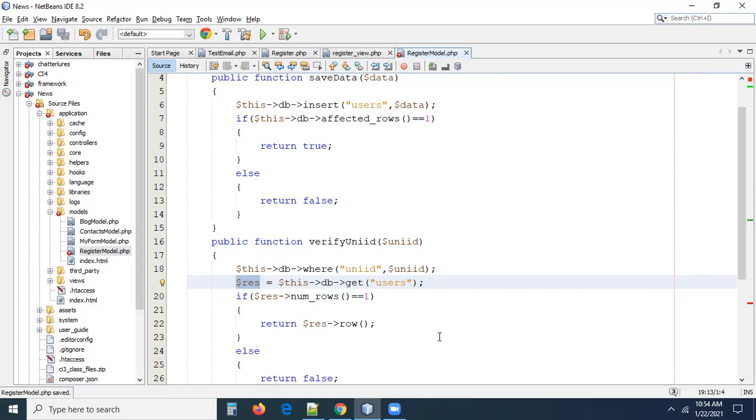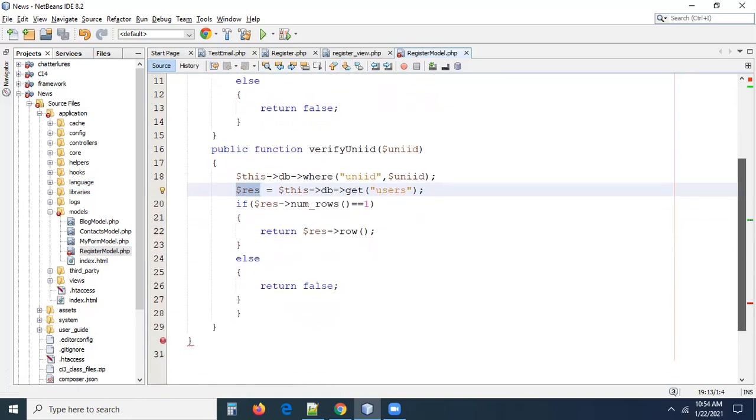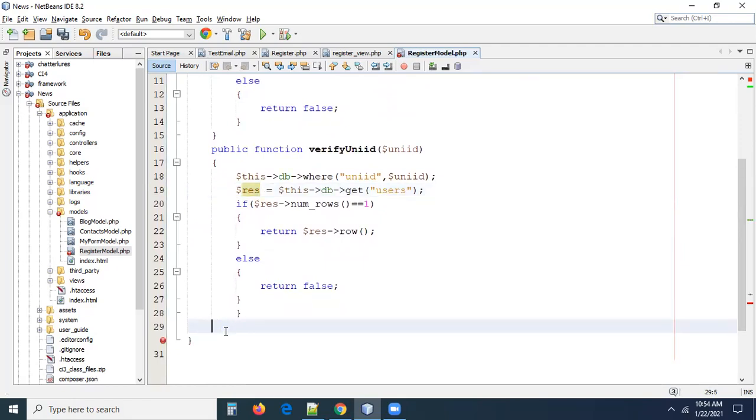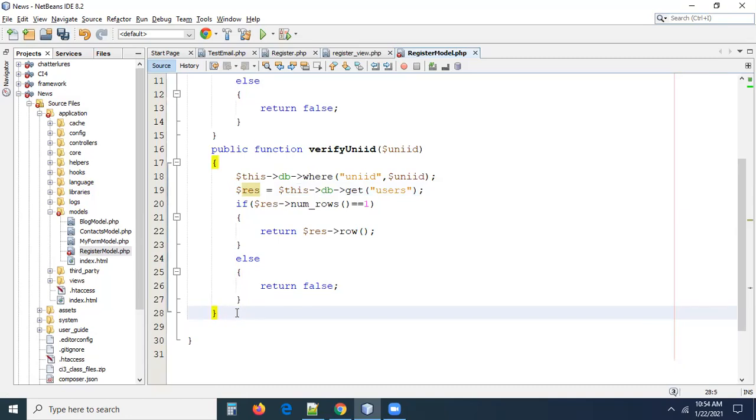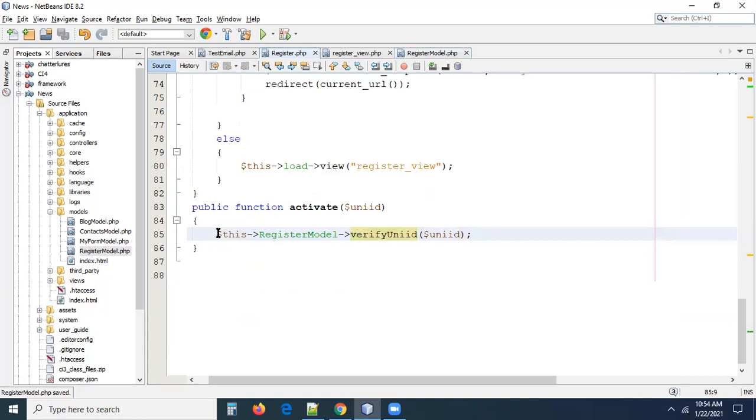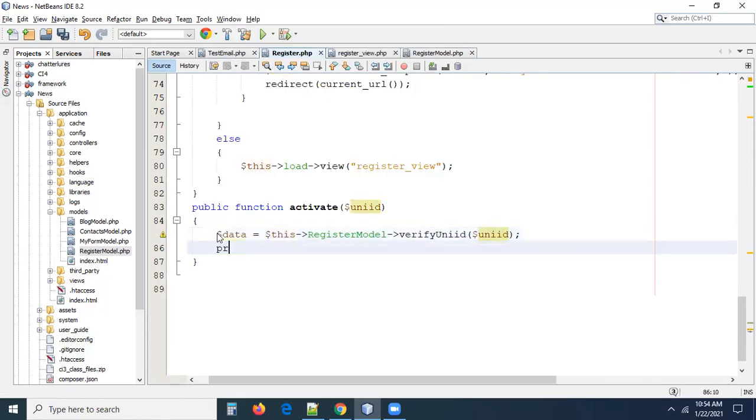Now, if everything is okay, I think there is some error. What is the problem? Oh, this is extra, I believe, right? Okay, perfect. Right, guys, now you can check it. If everything is okay, it is going to return some data. What is this data? Let me check it, print_r of data.